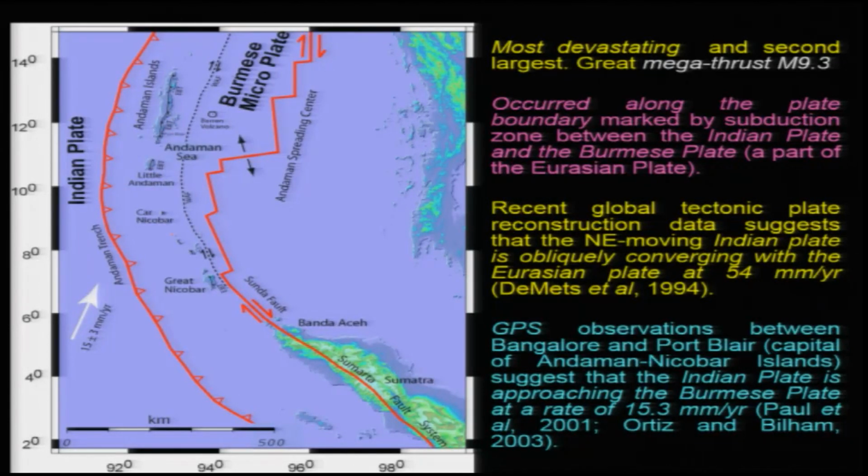In these locations we found a massive subsidence which ranges up to 3 meters, somewhere over here. That is the southernmost tip of the Andaman and Nicobar Islands, and this location marks the Andaman Trench area. So, 1300 kilometers was the rupture. It started from here and went right up to the northern tip of the Andaman Island.